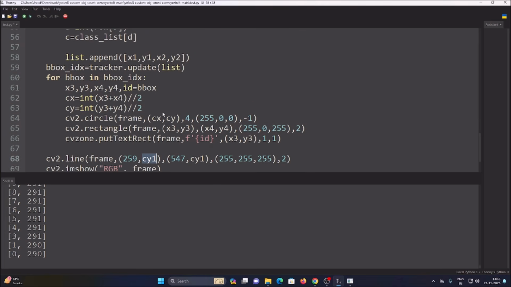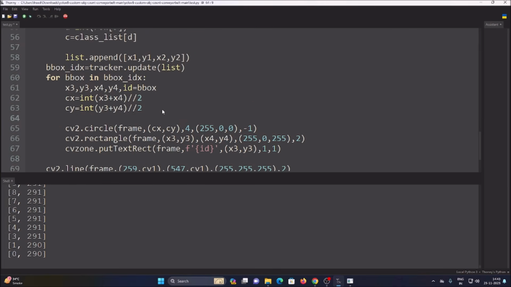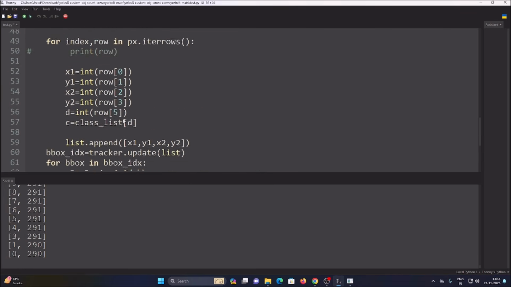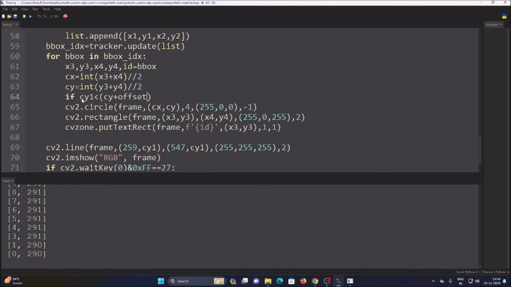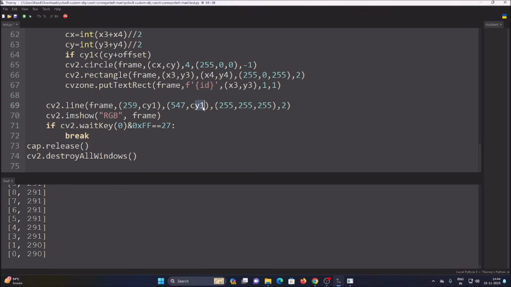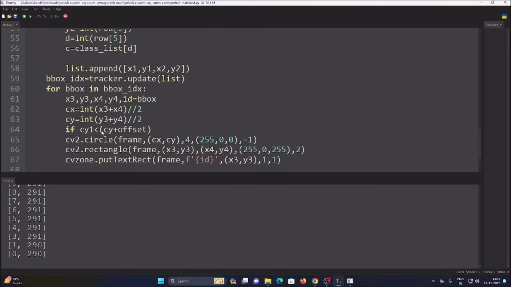So let's say, if cy1 is less than Cy, this center point Cy, plus the offset which we mentioned as 6 over here, and again cy1